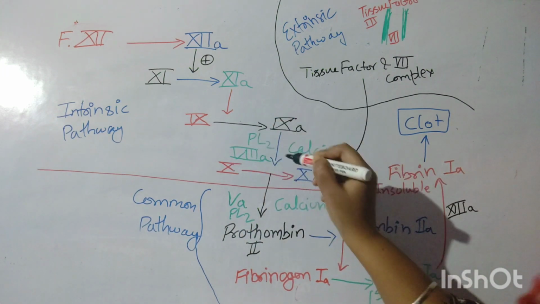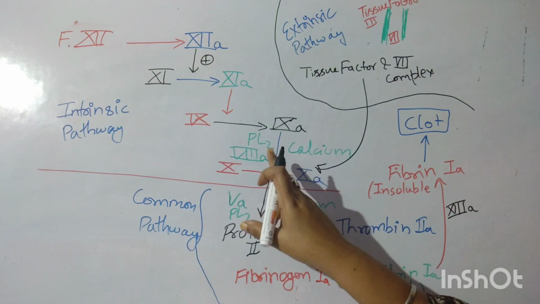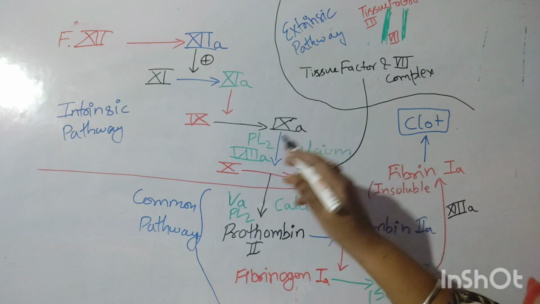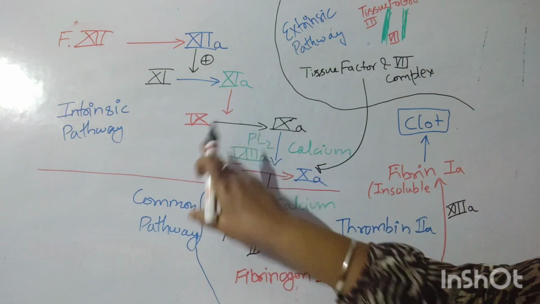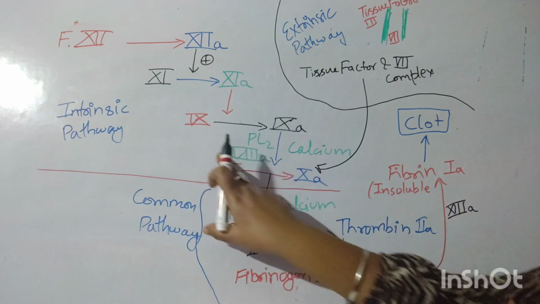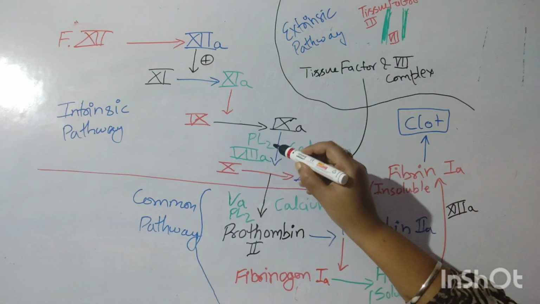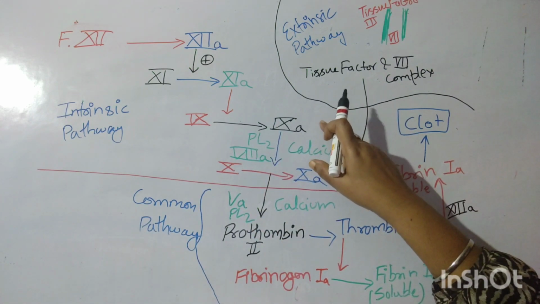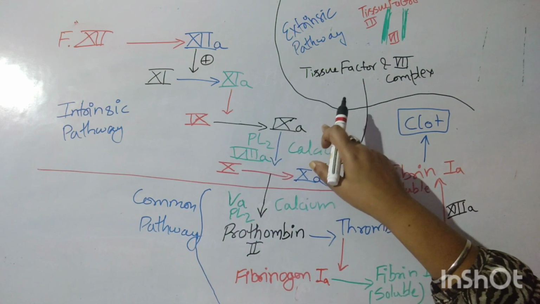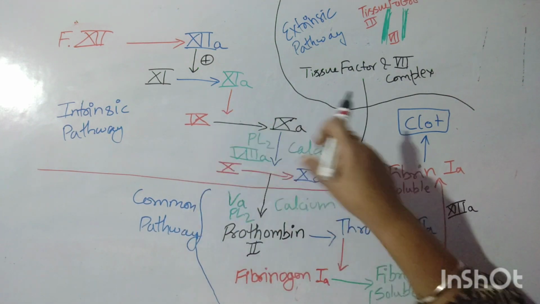Here a lot of things will be needed, which requires a lot of things like PL2, phospholipid. It is present in platelet. Phospholipid will come here, and this clotting factor 8A will act here, and this is clotting factor 4, calcium. 3 things will be needed to activate this 10. From 9A, clotting factor 9 activates 10 in the presence of PL2 and calcium